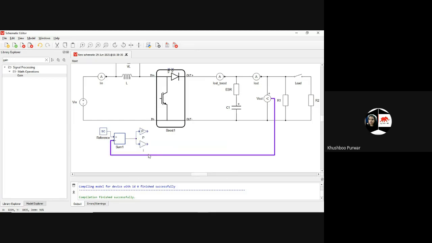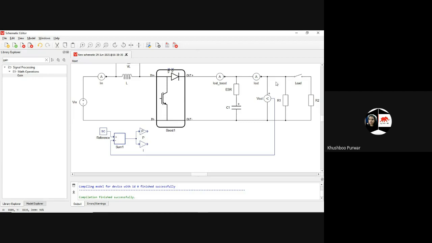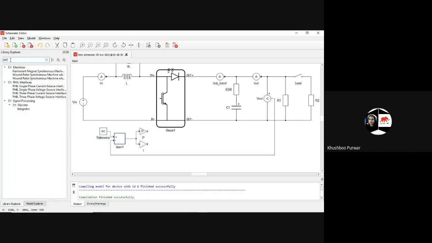And for this integral gain, I will use one integrator from the library, integrator. This is integrator.